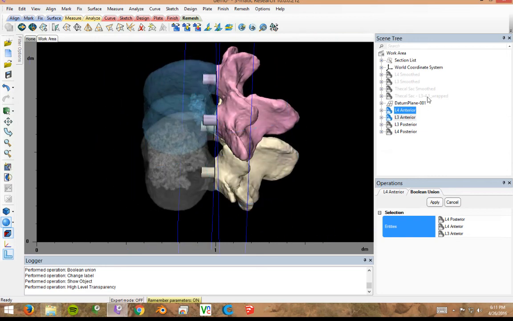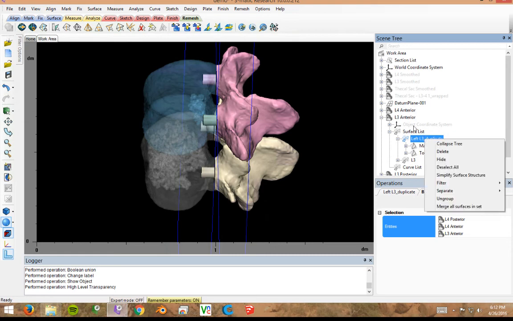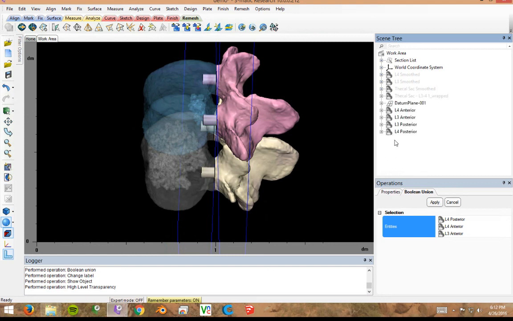And I did the same thing for the thecal sac as well. If you forget to duplicate everything, you can pull it out of the union object on the surface list, and you can ungroup it so you can reclaim your cylinder and then regroup it. But basically you go through the same procedure with the thecal sac to create dowels and then holes in either the posterior or anterior vertebral bodies. But for now, let's just say we're going to print out the vertebral bodies and we want to get these as STL files. So the last thing you do